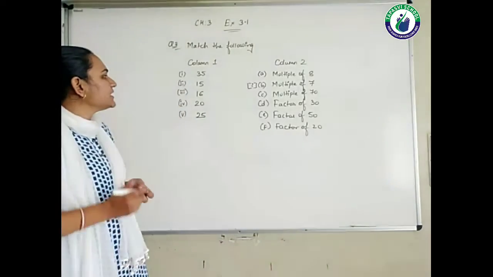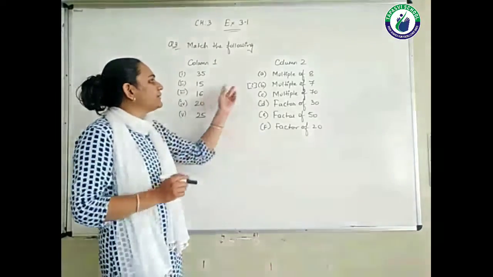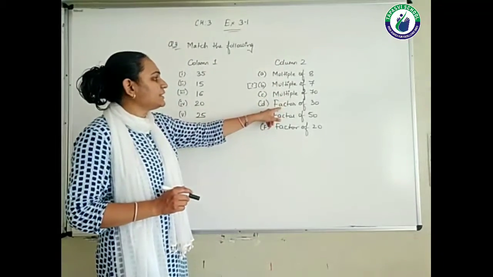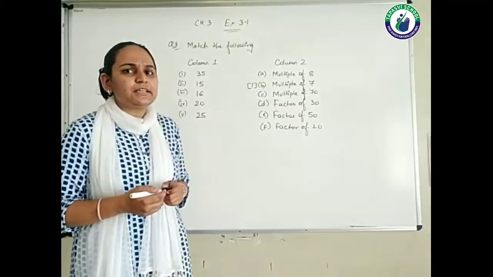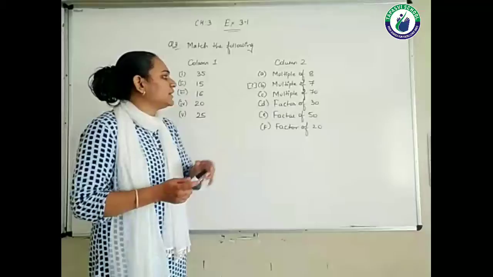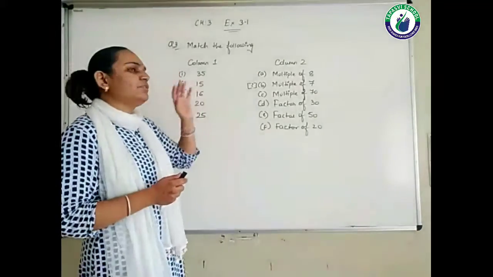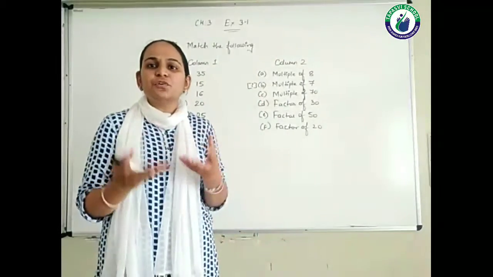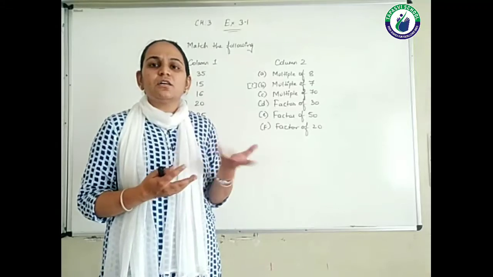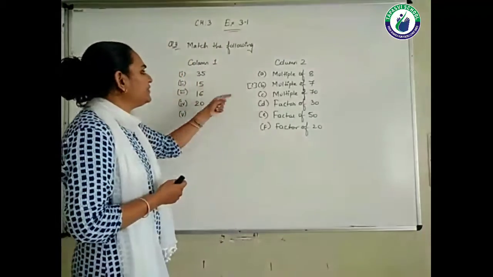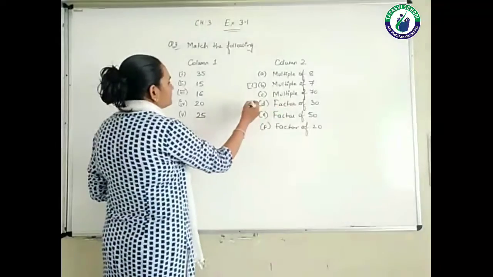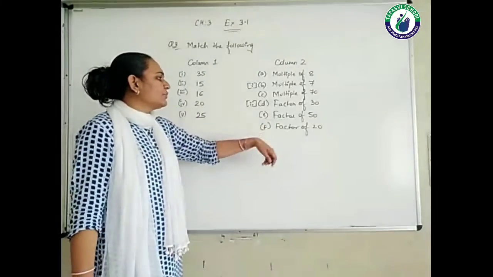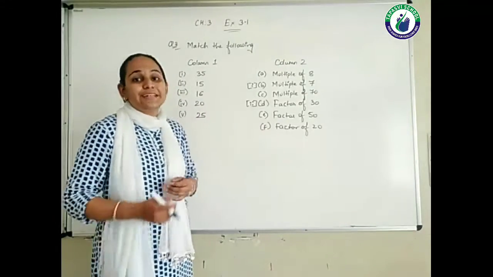Next one student, that is 15. So is 15 a multiple of 8? No. Multiple of 7? No. Multiple of 70? No. Factor of 30? Yes. We can say 30, कि अगर हम 30 के factors find करें, 15 हो सकता है. 30 के अगर हम factors करें, 30 किन किन number से divisible है? So 15 is a number which divides 30. So I can write 15 as a factor of 30. So here I am writing second. Okay, 15 is not a factor of 50 and 15 is not a factor of 20 also.